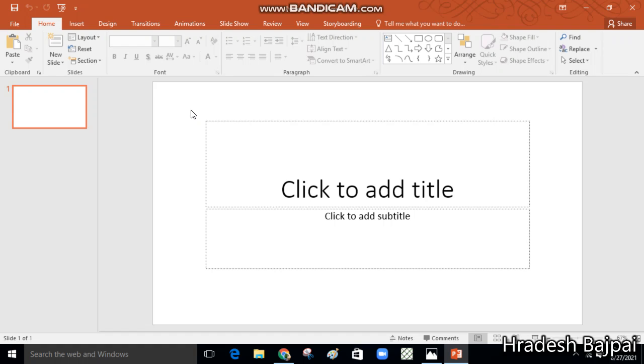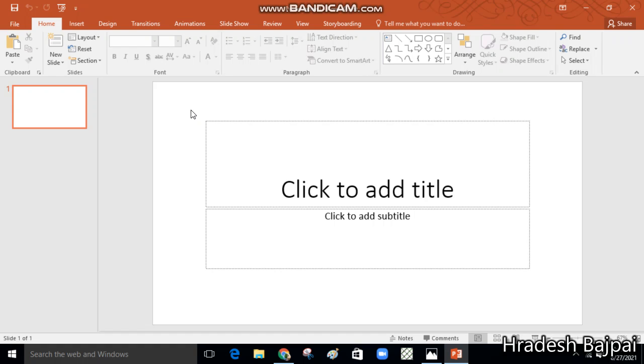Whatever information we store in a master slide automatically gets included in all the slides. For example, if you change the font size or the font style, the theme, the background of the slide, or the bullet style, whatever changes you make in your master slide will automatically be reflected on all the slides you use in your presentation. A master slide contains two parts: a slide title placeholder and a body text placeholder.